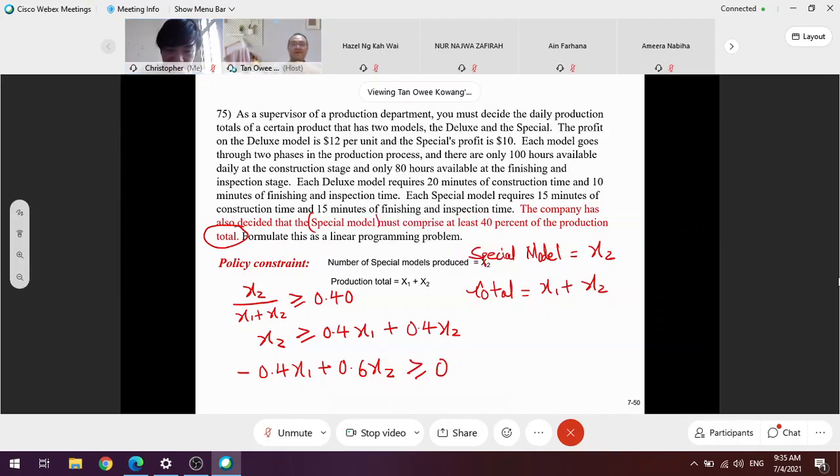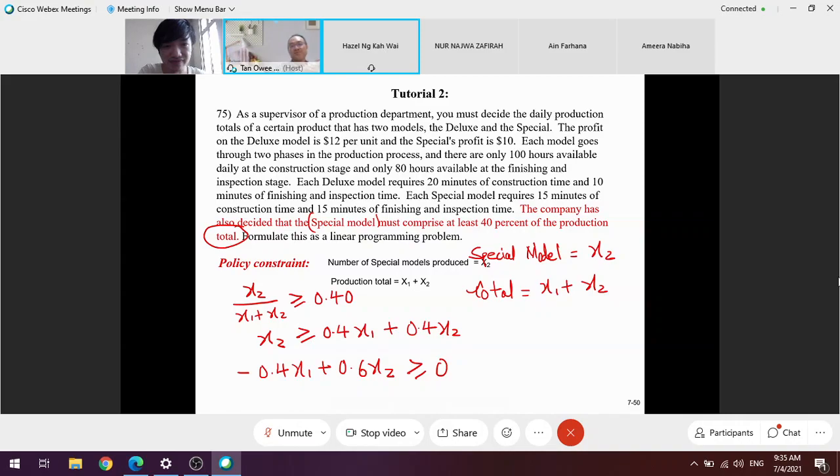Okay, so is it clear? Yes, clear. Any question? Any question? X1, X2 more than 0? Previously the students would ask me, hey, doctor, on the first day we said that x1, x2 must be more than 0. Why negative? Can negative? Why negative? Can I use negative?